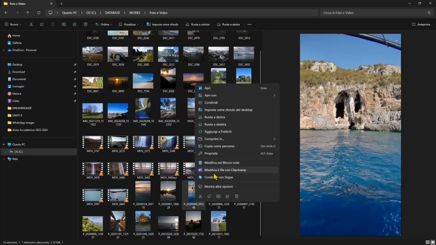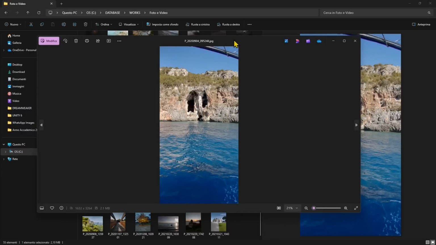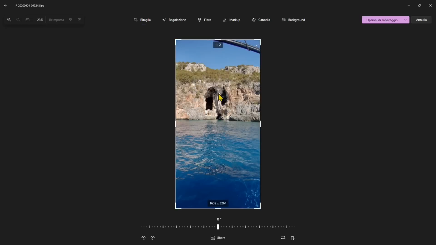So right now we're going to use the Windows editor, but there are other tools out there that can do generative AI removal and also generation of parts in the image. So we're going to remove parts in this image. You can see the pink button on the top left. If you click in there, you're going to get into the edit mode, or into the editor,